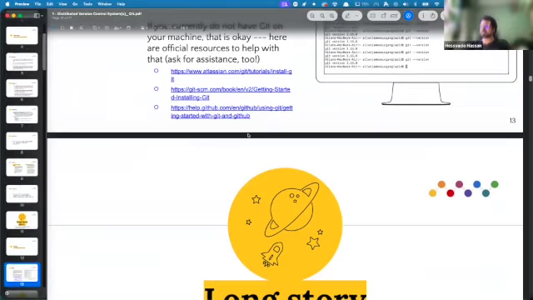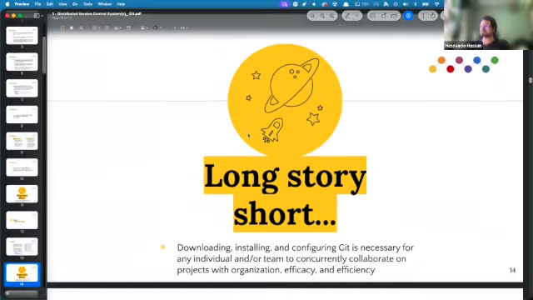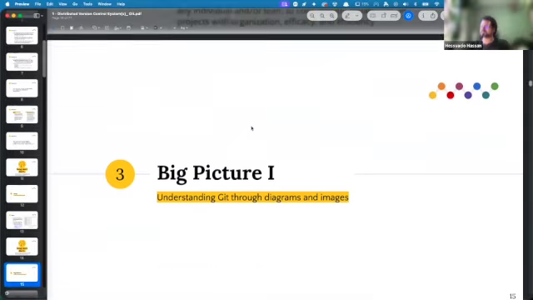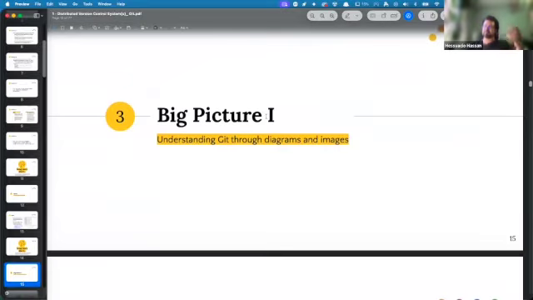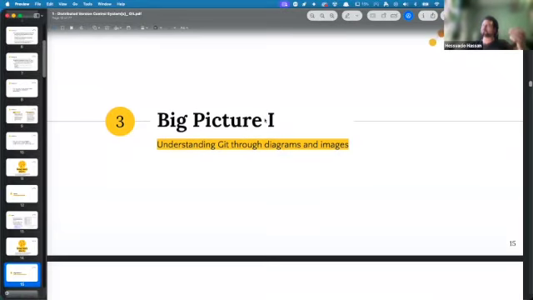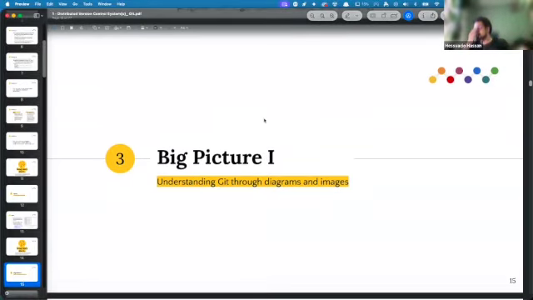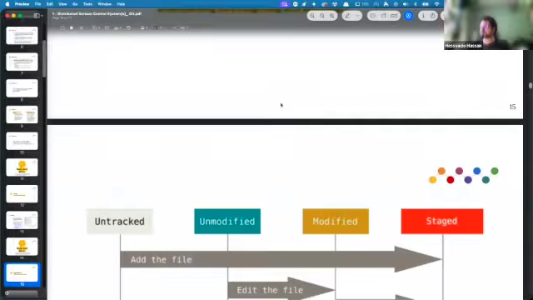We'll go into the whole setup later. But let's go into what this whole thing I'm talking to y'all about is. Let's see Git through a visual representation to understand what this crazy blurry robot person is talking about over here. So